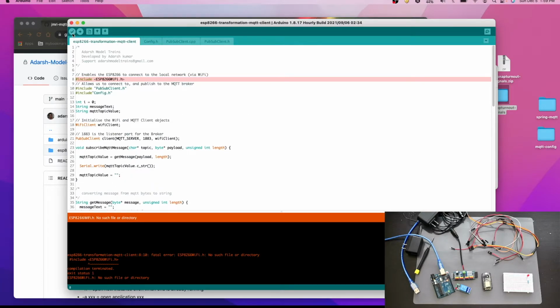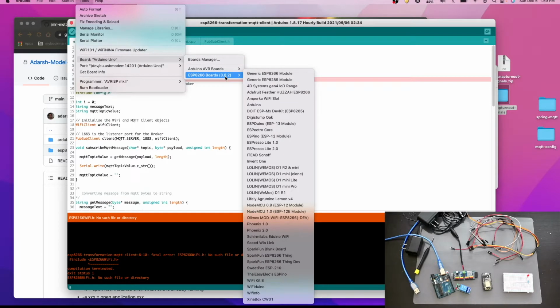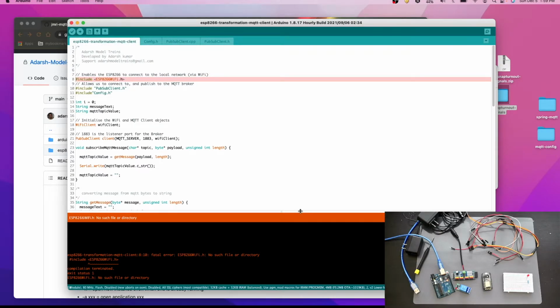Let's compile the code. First we have to change the board type. Go to board manager, ESP NodeMCU 1.0. Let's connect.